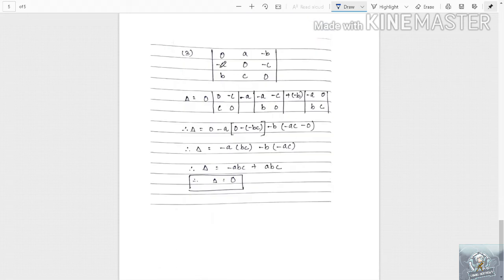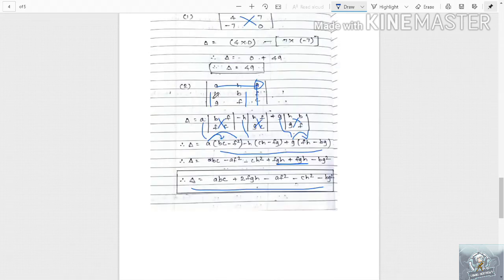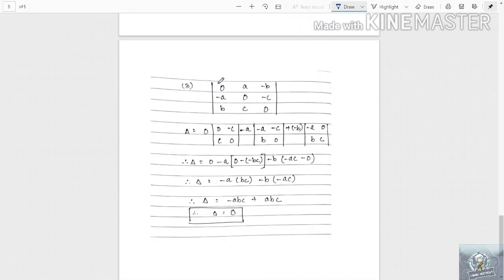Last sum of this question, this is also same, but here we have seen in the previous sum that all alphabets are positive, and here they have given in negative. Here also we have to copy 0 as it is, then hide row 1 and column 1. So what is left? 0C and minus C and 0. Copy as it is beside 0. Then again copy A as it is, minus we have to put. Last year we have done this. Copy, minus A will come.